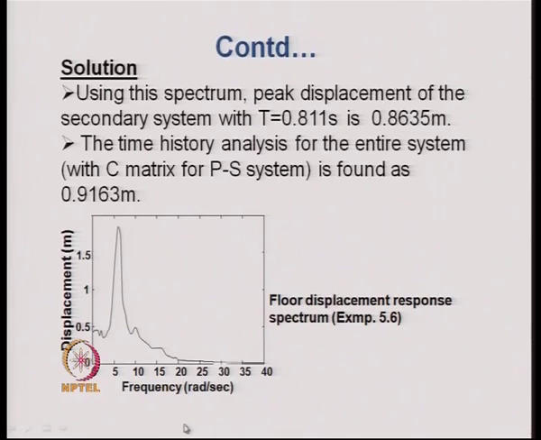We can multiply the floor displacement response spectrum with omega square in order to get the pseudo acceleration response spectrum. Once we get the pseudo acceleration spectrum, then corresponding to this time period 0.811 second, one can obtain the value